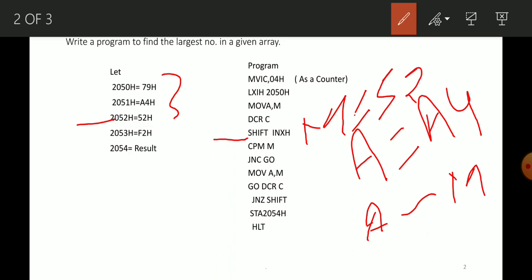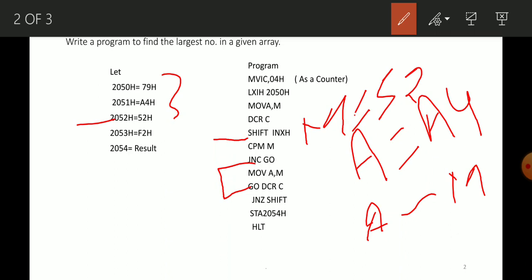As per instruction JNC, if there is no carry, then it is transferred to go, which means it skips the MOV A comma M. So the content of the accumulator remains the same, that means A4.